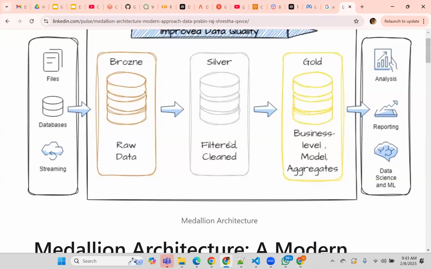For example, time zones. They can be in multiple time zones, right? So they can be in GMT time format. They can be local PST, EST time format. They can be DDMM format, MMDD format, whatever it is. So they can be different formats. So we want to standardize. So convert everything into a common format. So that transformation we will do for the